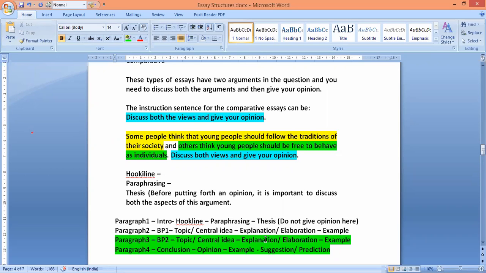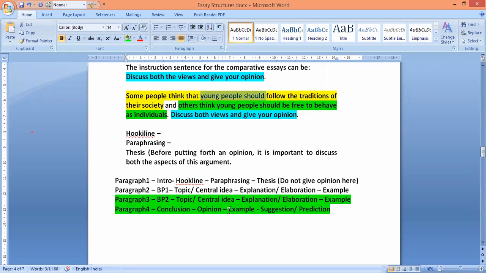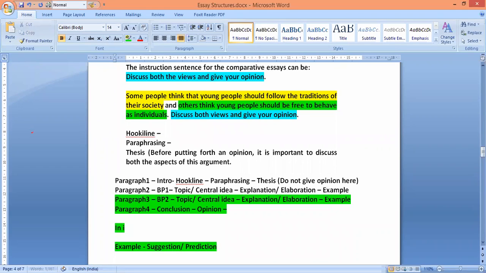And what kind of example would we be writing in the conclusion here? For example, for the opinion in the conclusion, you can say, if you favor that young people should follow the tradition of the society, then an example you can give is: in Indian society, most young people follow their elders,